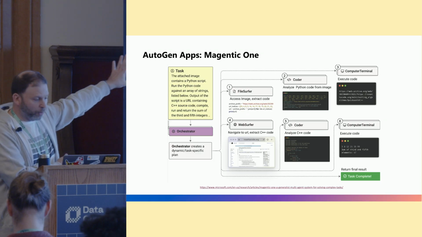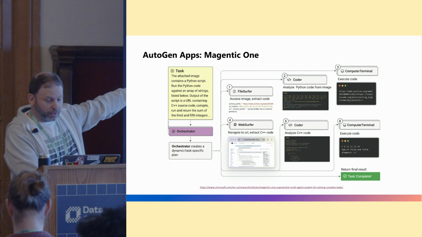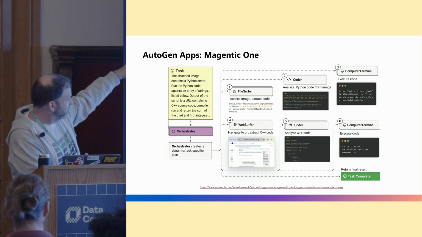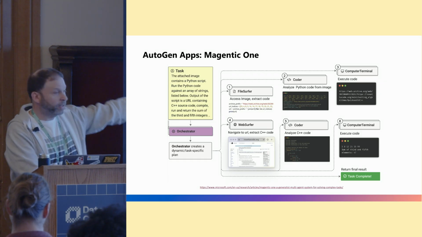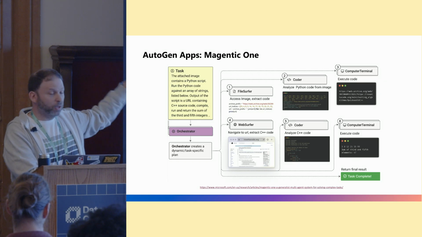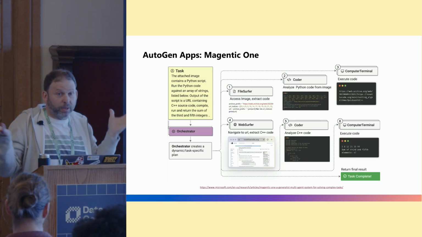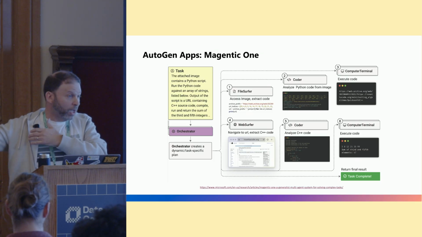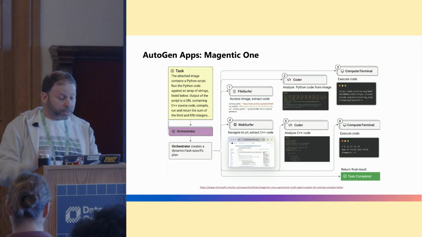So it's pulling a file, it's analyzing some Python code and extracting an image. It is going to the URL, then it's extracting the C++ code, it's analyzing the C++ code, and then it's executing the C++ code, right? You can see all of these different steps in this flow are, I mean, yes, they're related, but they're each independent. You have an input from one, the output from one goes into the input of another. And that is enabled by